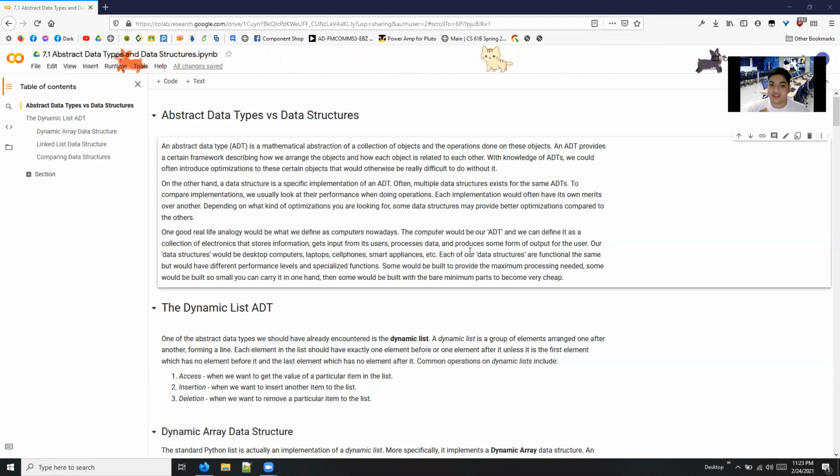A data structure is the specific implementation of an ADT, especially when we talk about computers and programming in general, because an abstract data type is a concept and a data structure is the actual implementation of that concept. So a class will most probably be more closely related to